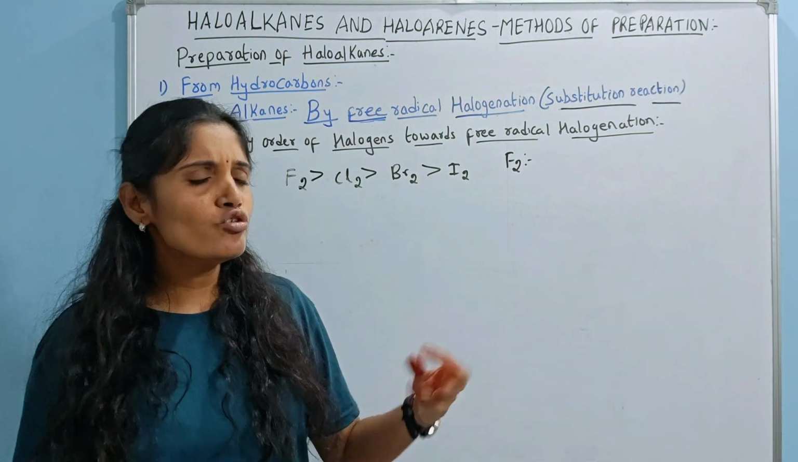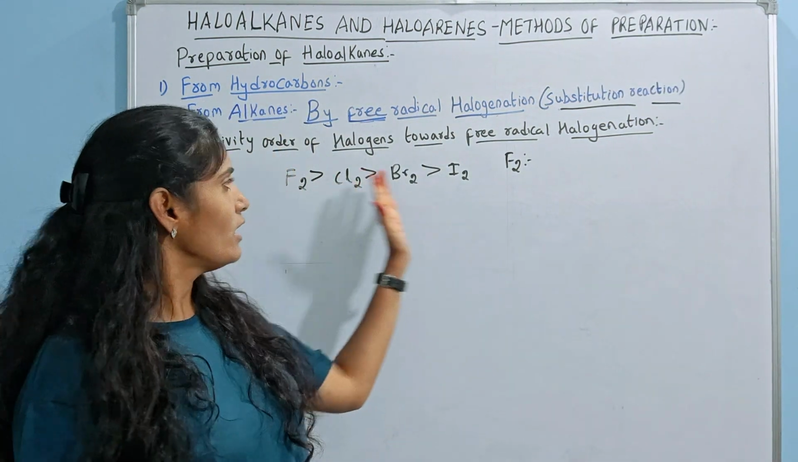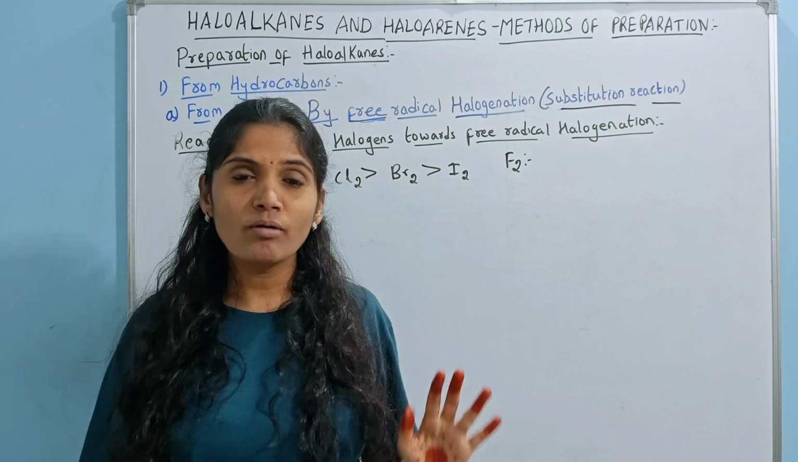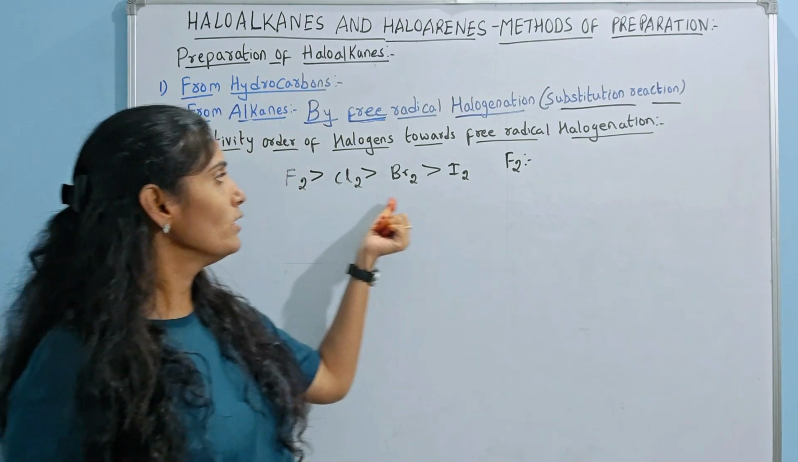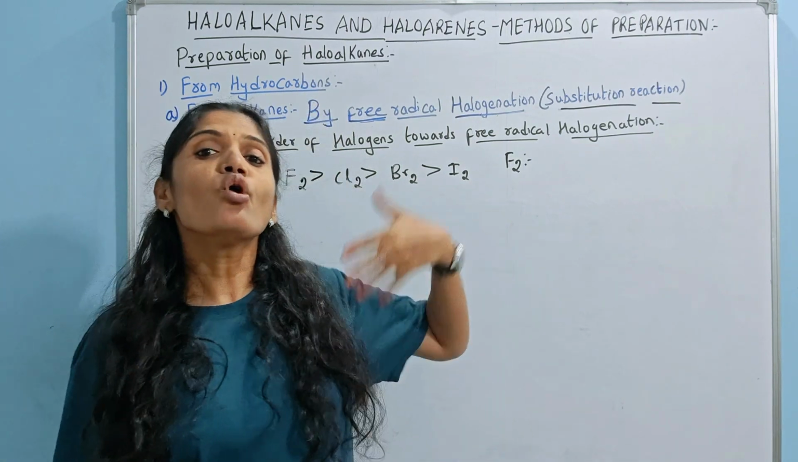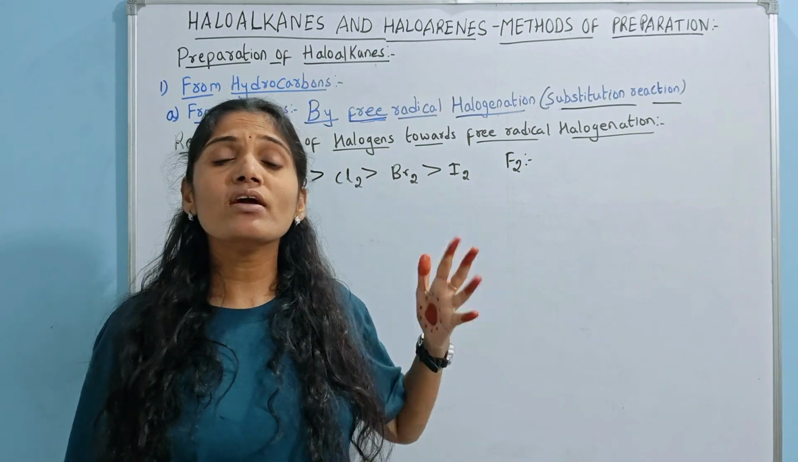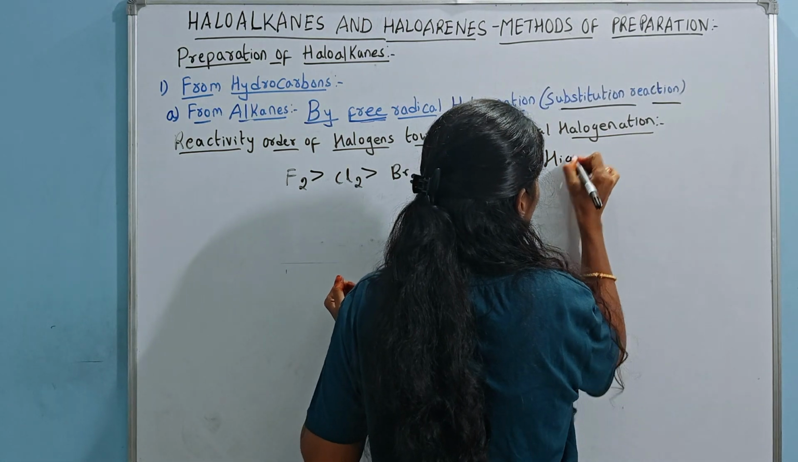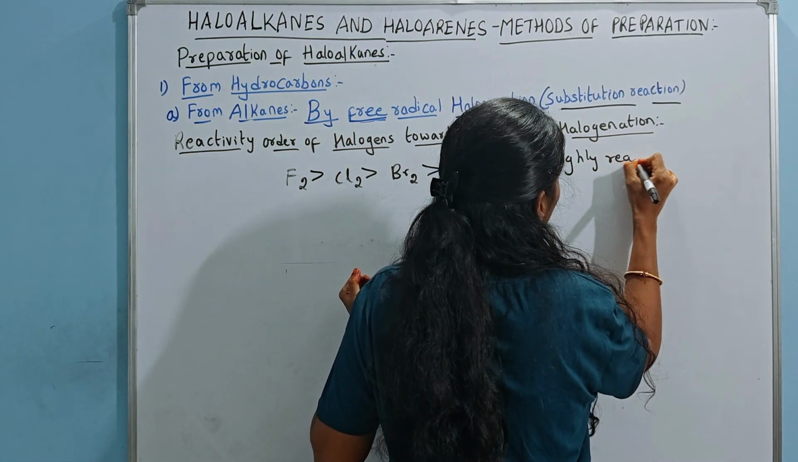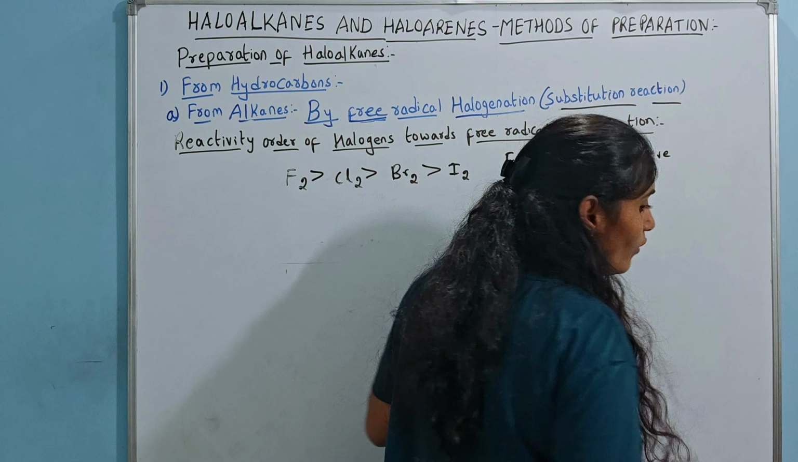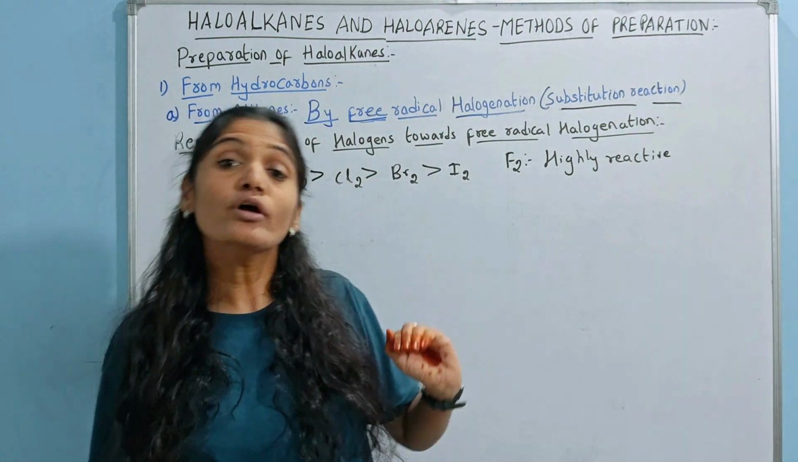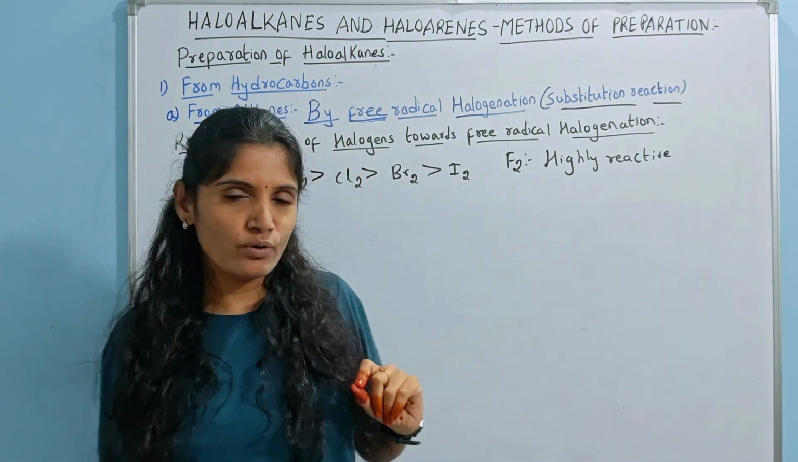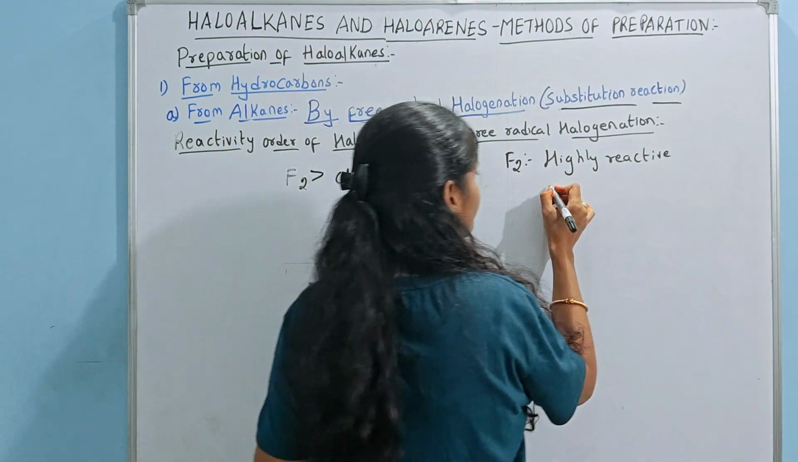Fluorine. See, usually we say that it is a better reactive entity than all of these three, but fluorine is not only better than these three, it is a very highly reactive entity. Okay, highly reactive for halogenation. Fluorine is highly reactive for halogenation. Now, the reason why it is very highly reactive towards halogenation is,